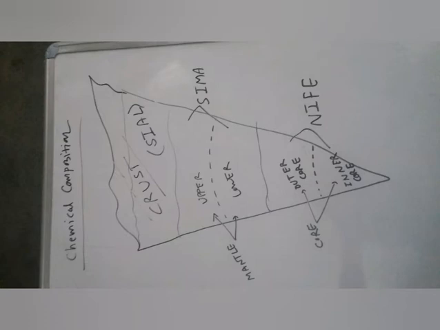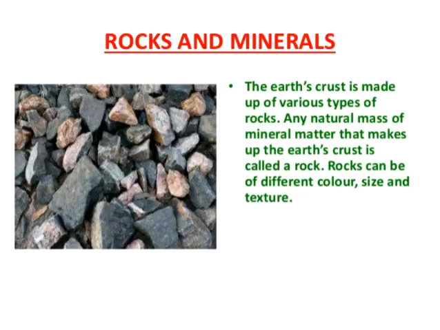The core is important because it consists of two important chemical substances, nickel and ferrous (iron), and the mantle consists of two important substances, silica and magnesium, and the crust contains silicon and aluminum. Next we will discuss rocks and minerals that are formed from inside our earth and present in the crust.